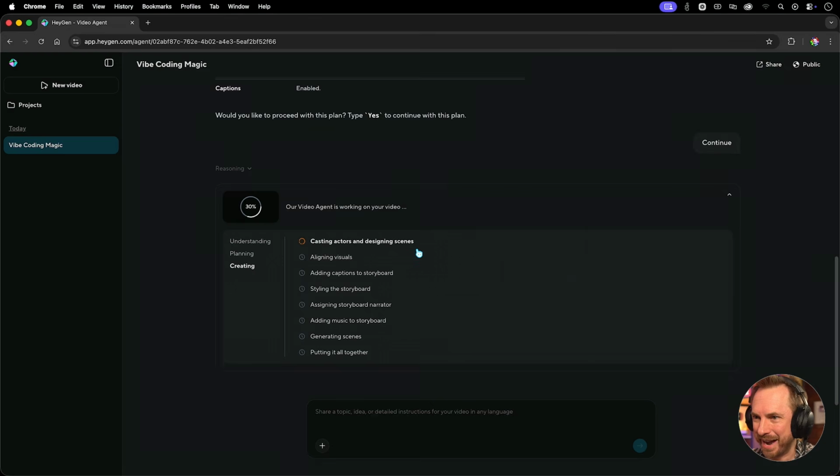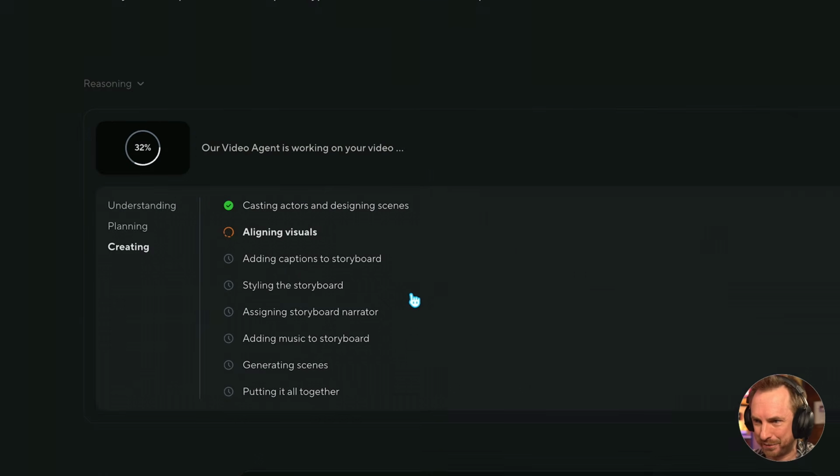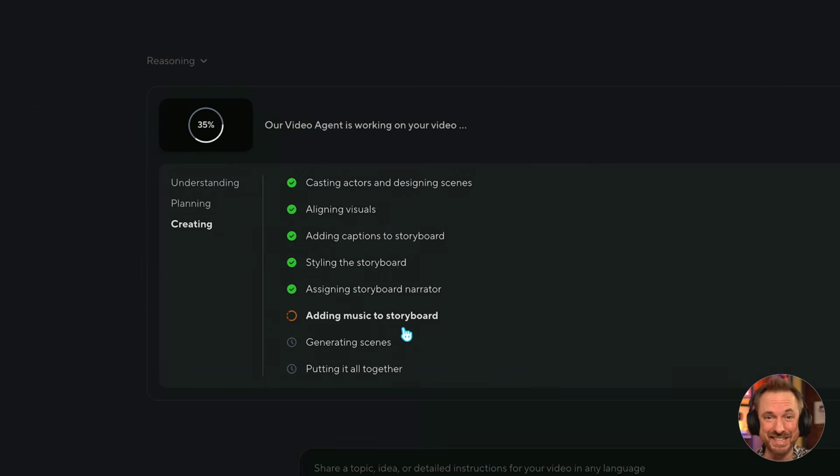Let's give this automation a run. We can actually see here in the background, HeyGen is generating my video, and it's doing all kinds of cool stuff since I last used it. It's generating visuals, storyboard, it's assigning a narrator, it's generating scenes and putting it all together. This is even more advanced than when I played with HeyGen earlier in the year. I can't believe it's actually adding music to this as well. Okay, this may take some time to complete, so in the meantime, we'll come back to that later